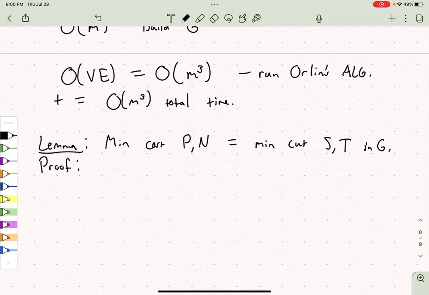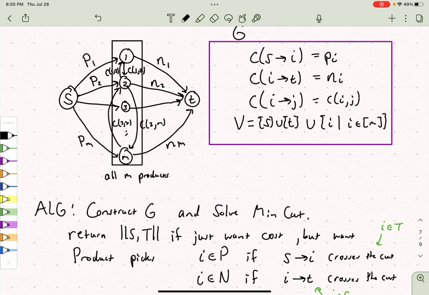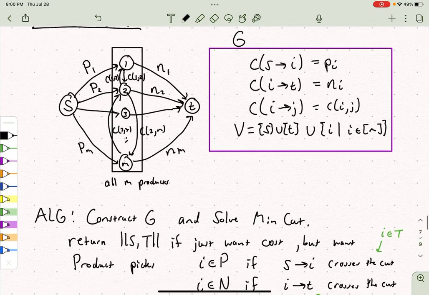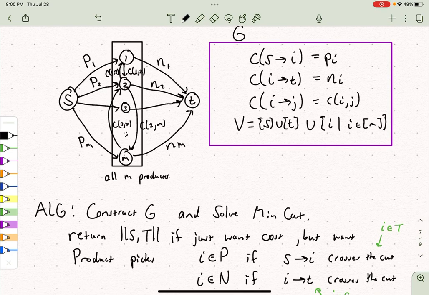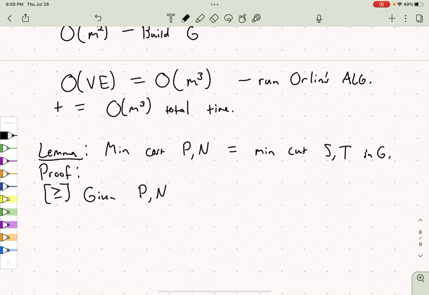So the proof of this is going to be pretty straightforward because we're constructing it to do this. Basically, if you were given a specific choice of P and N, you could create an equivalent set. So for the first case, given P and N, this is going to prove that the min cut is smaller than the min cost. It'll be this direction. So given P and N, we create a cut